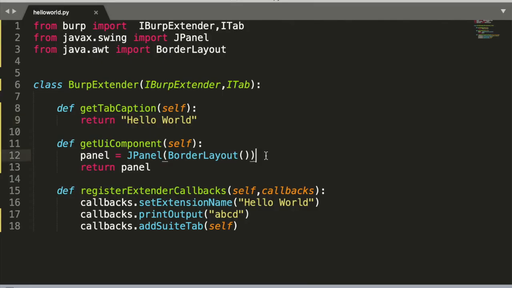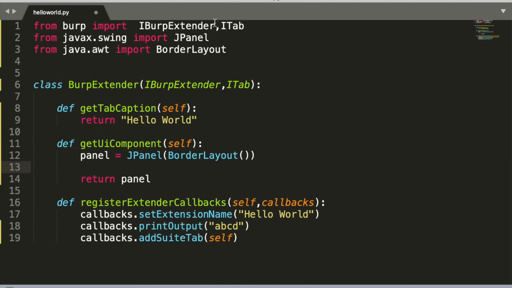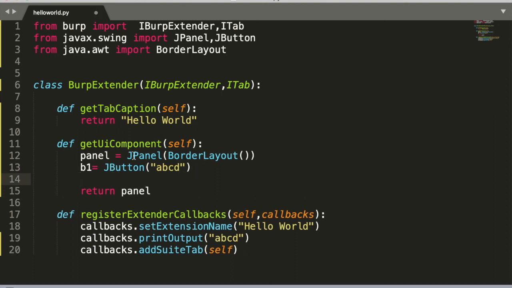So what if I want to add a button? Let's move to our code, and I'll be importing JButton, and I'll be creating a button named b1, and it's a JButton, and I'll be naming this ABCD. And we should add this to our panel.